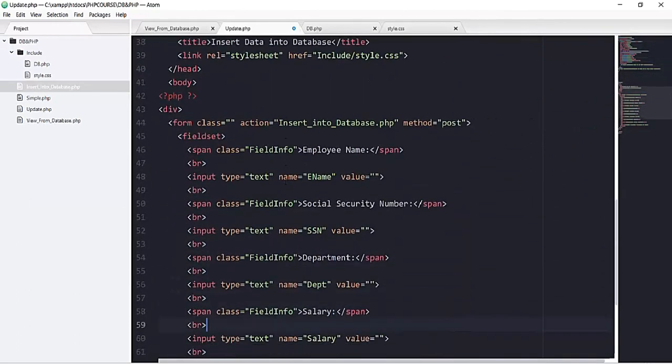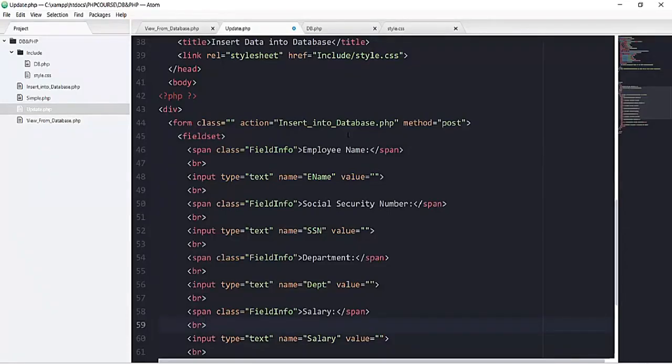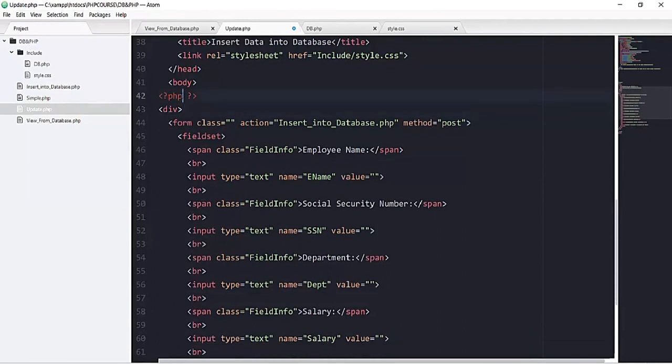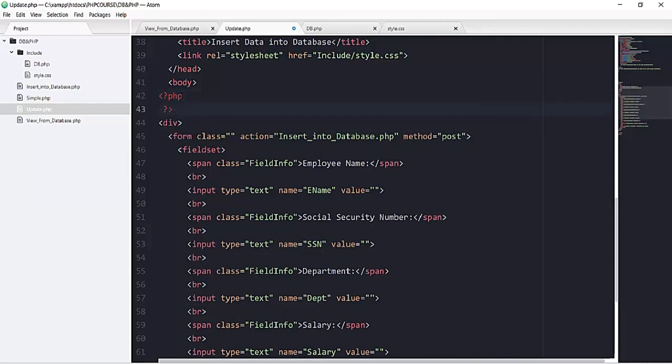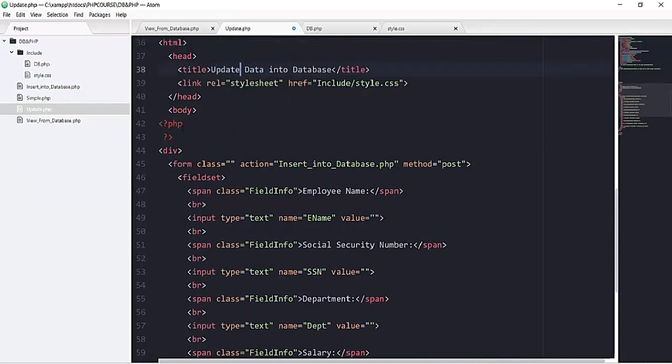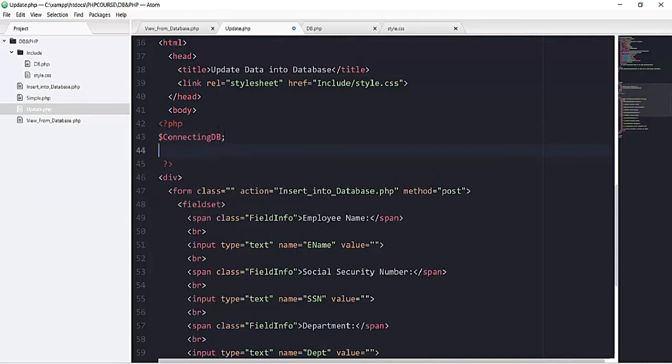Now going down here in this form, I will show the data from this table of emp record according to this id. So in my file of update.php, right before this form, you can see we have this PHP scope. So I'm gonna add one query here. So first of all, let's change its title to update. So here we will grab our database connection, connecting DB and making it global. In case someone of you is using a lower version of PHP, you can still work.